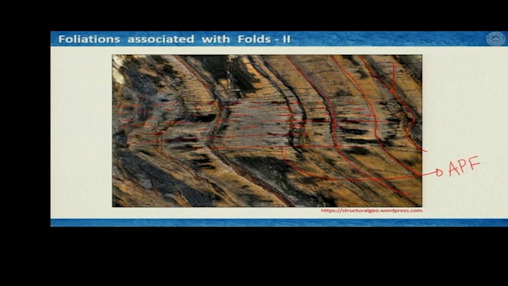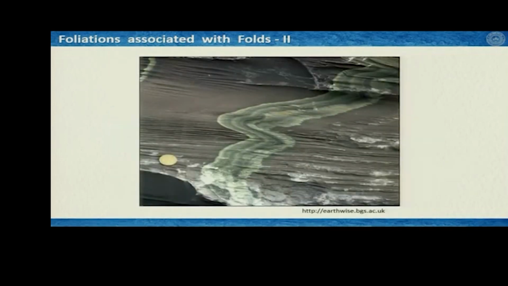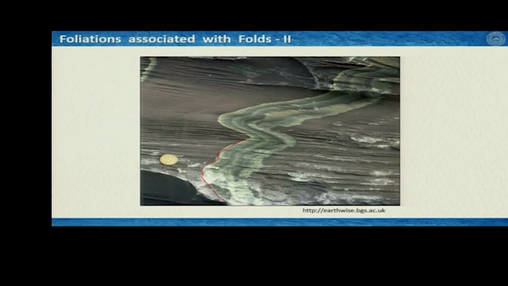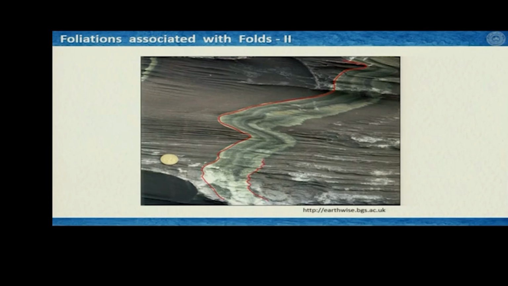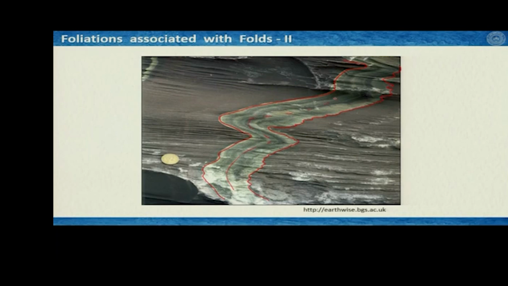Okay. The next one is one of my favorite photographs. I took it from the British Geological Survey web page. So, you see these are the traces of the bedding planes, or primary foliation you can think of. It has some sublamina inside and so on, but so nicely you see the axial planar foliations have formed in